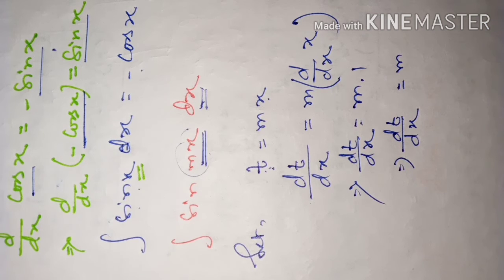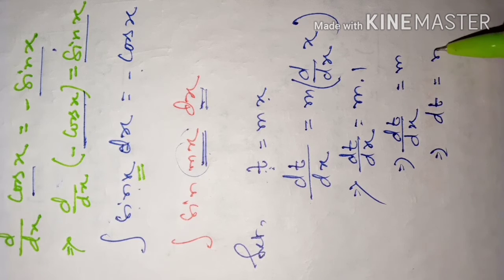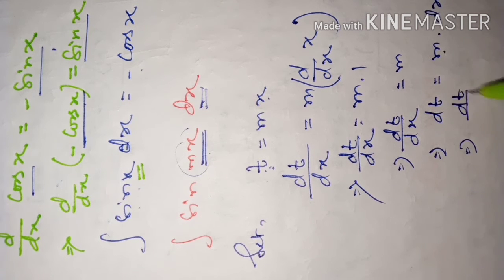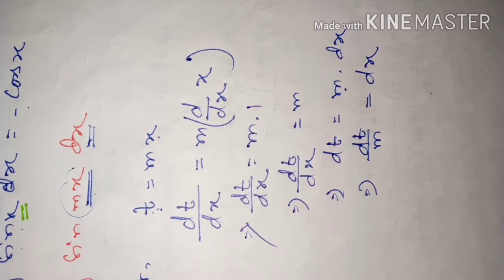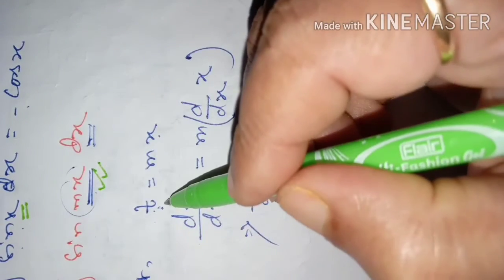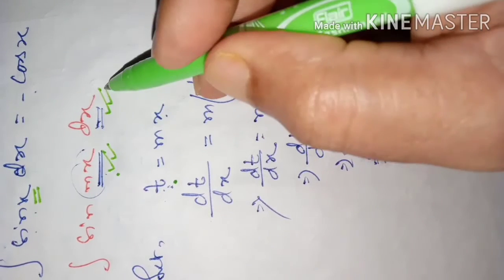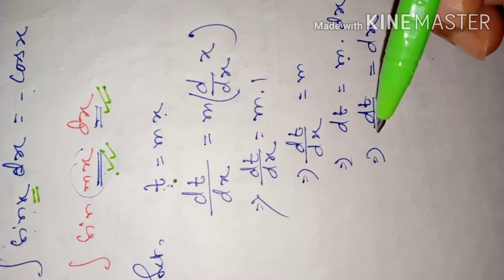So now, dear students, you see, from here dt can represent what? m into dx. Got the idea? Or for dx, if I take this m to this side, what will be? dt by m is equal to dx. So in substitution method, this is always required: according to our convenience, we take a new variable to represent the variable portion of the function. Then after that, we need to find what can represent dx in terms of the new variable. Got the idea?